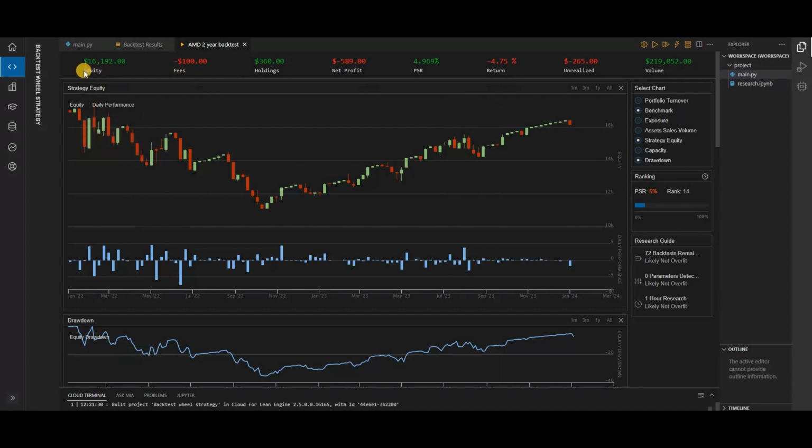The equity in this case is the total amount of money you have at the end of the time period, and the return percentage is based on the difference between the equity and your starting amount. So in this case, we started with an equity of $17,000 and we are ending the 2-year time period with $16,192. So it looks like a loss of a little bit more than $800, or a return percentage of negative